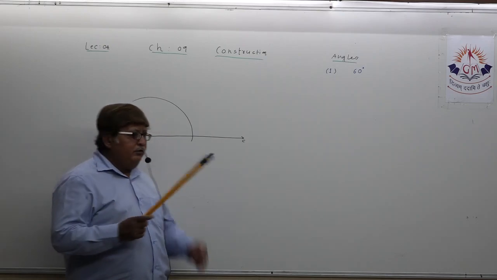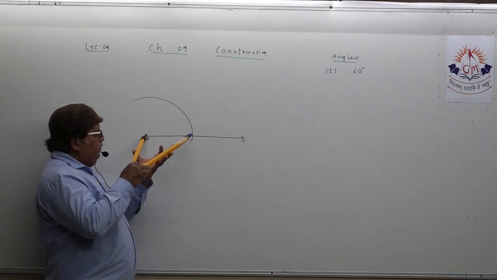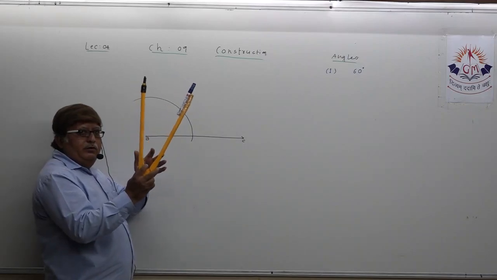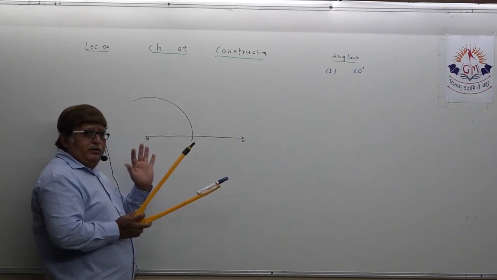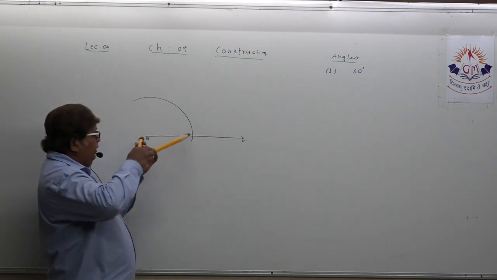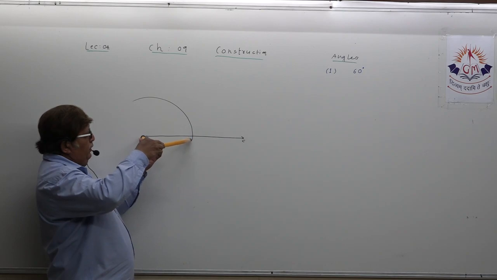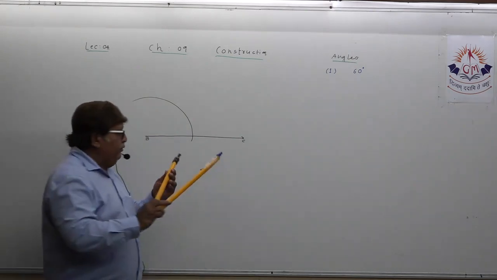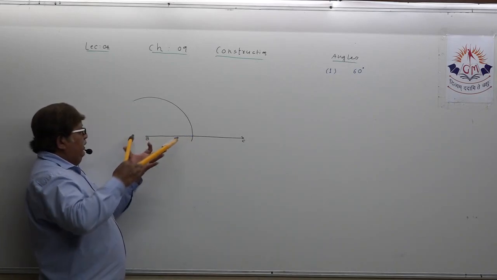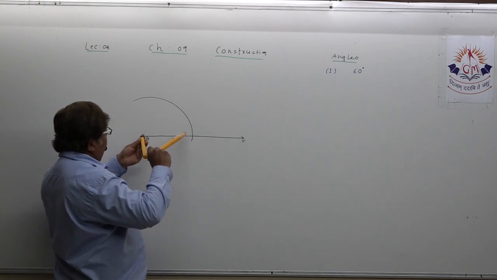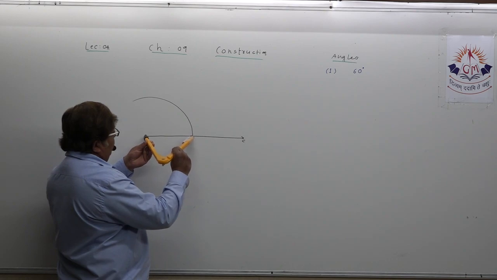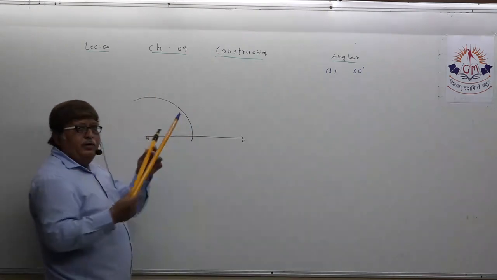Which radius I have taken, not to be precise, you can take any appropriate radius, but as far as construction of angle is concerned, once you take any radius, see I have taken this much radius, then you need to keep this radius constant till you complete the construction of angle, okay? This radius we have taken and we have drawn an arc. Is it clear? Now what to do? Now be very sure about this. This much radius we have taken, okay? You must have taken some appropriate radius in your pair of compass also. Suppose I have taken this radius and I have drawn an arc.